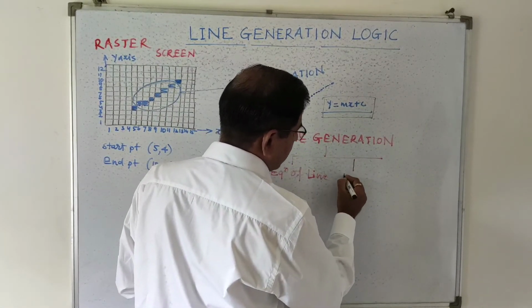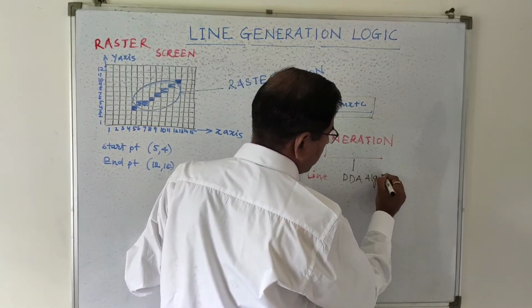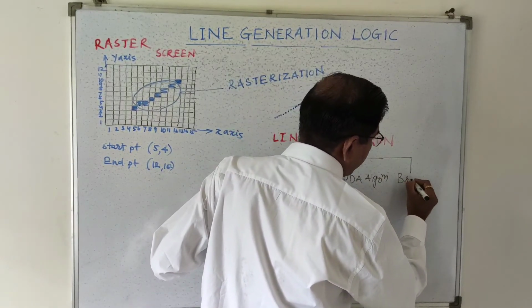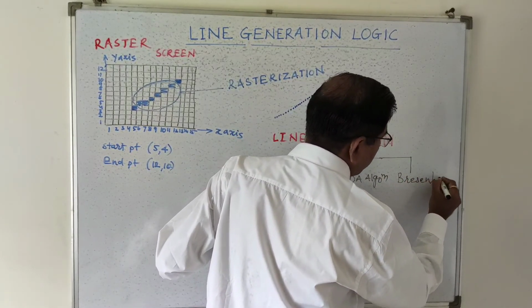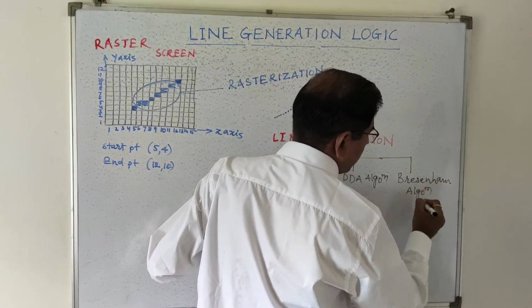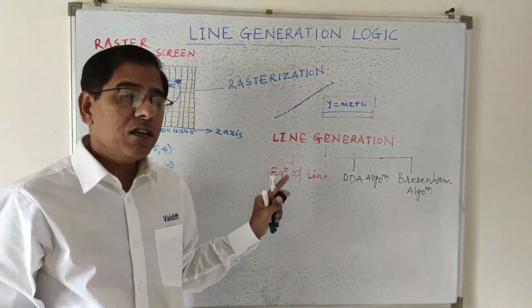Second is DDA algorithm. And third is Bresenham algorithm. So we will be selecting the pixels using the 3